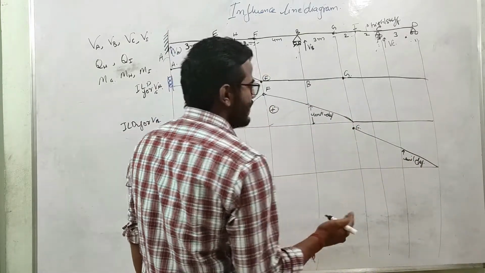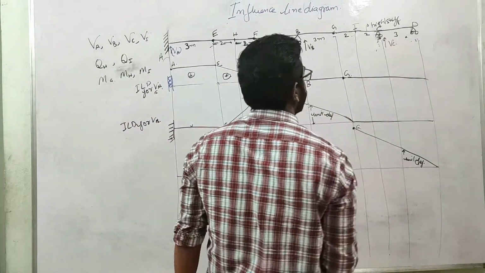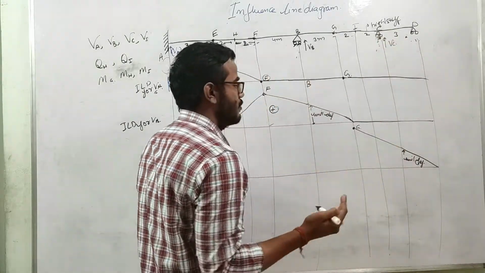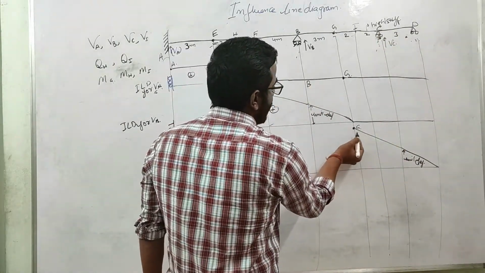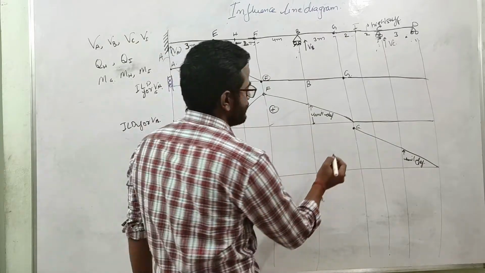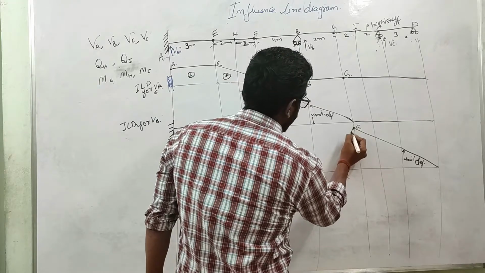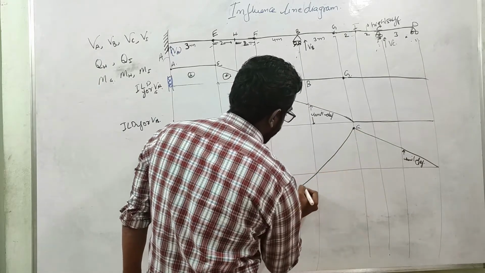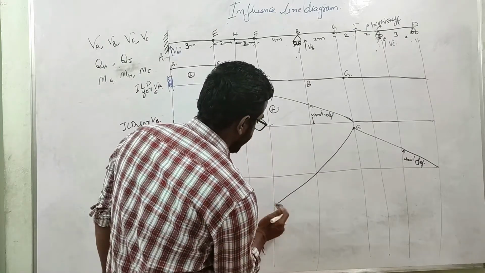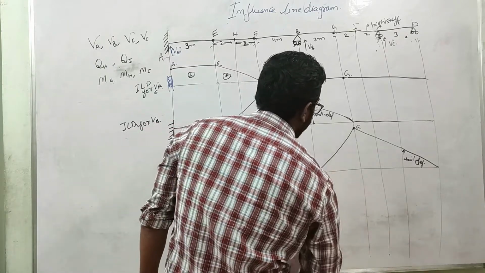Now you can see that this G point is moving upward. Why? Because we have released this support reaction over here. Now this portion has lost some stiffness, so this point G can move upward. Now, when this can move upward, to maintain the boundary condition at B, it will come down. So this is point F. This is point B.